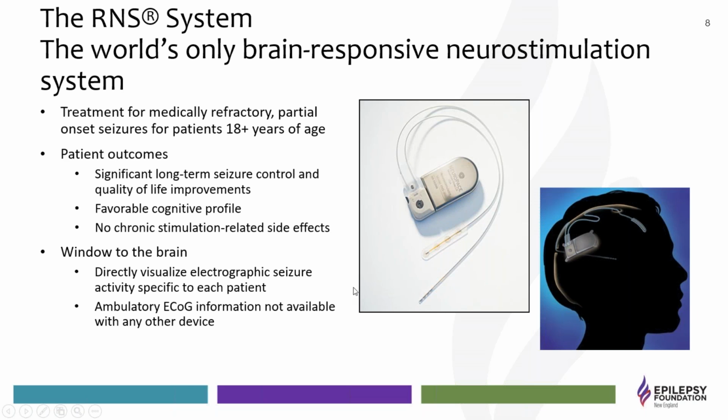So, you have to examine the risk factors and what potentially might happen, things like that. All right. And they are finding that it really doesn't affect cognition, that they're really seeing some positive things to it. And as I said, it's ambulatory EEG information that's not available with any other device. It's like your own little personal EEG system that's always with you.